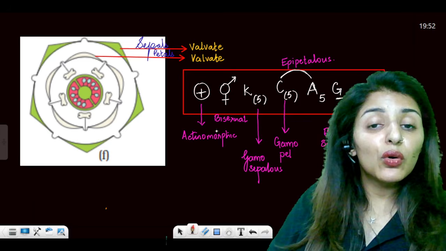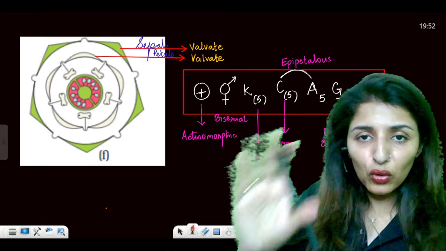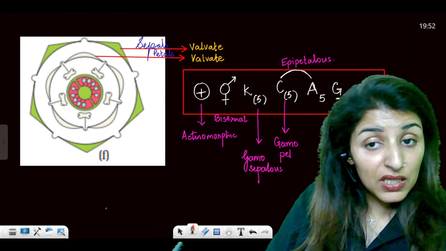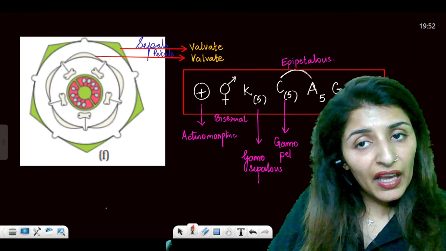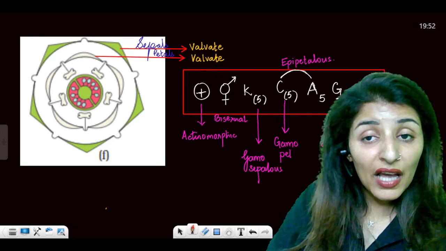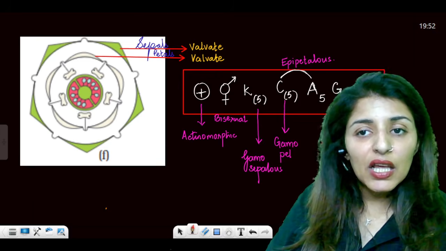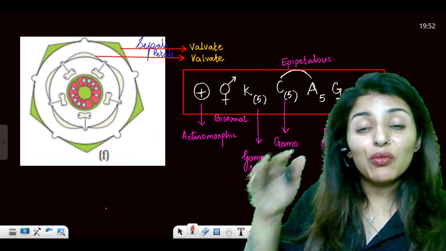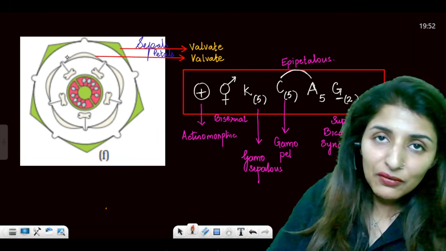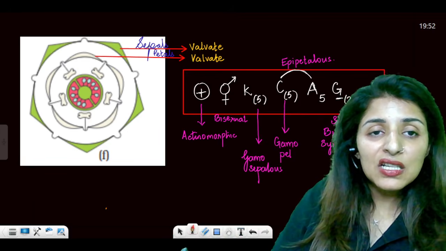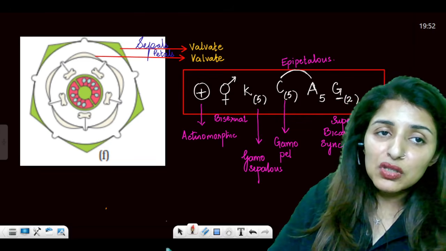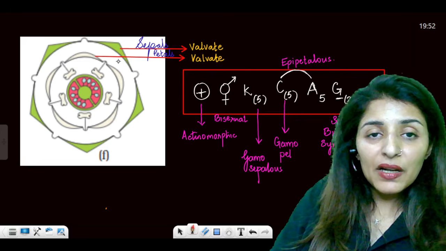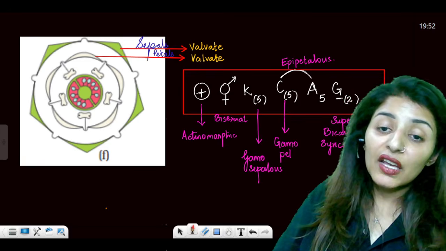And finally, let's see their floral formula first. Actinomorphic, now we know if this symbol is given, how to conclude, right? There are certain things. So bisexual, gamosepalous condition, gamopetalous condition, androecium 5, and they are attached to the petals. So epipetalous condition, and then superior ovary, bicarpellary and fused. Now what you can't see from the floral formula is the estivation. For that we need a floral diagram. So if you watch this carefully, you see the sepals are joined margin to margin, but they are fused. So valvate condition and also gamosepalous. Similarly, for petals, valvate estivation, and again fused, so gamopetalous.